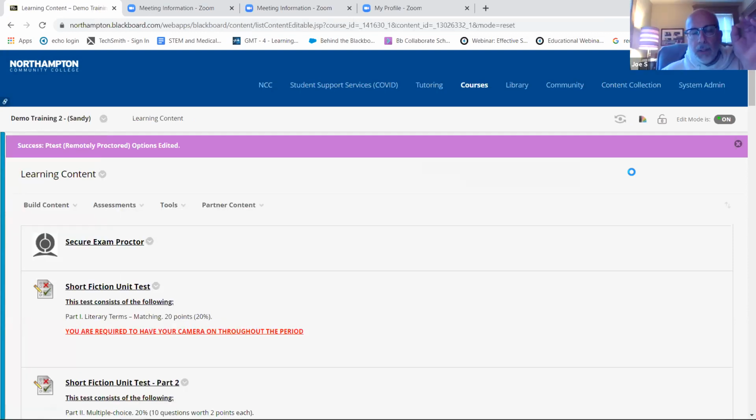Well, keep in mind, the Proctorio settings are sort of like a shell or an overlay, whether you're doing it through a Blackboard exam or you end up using the Blackboard exam as a springboard to the exam in another platform. So whatever settings you have on that exam in ALEKS are going to be applied to that exam in ALEKS, for sure. But everything proctoring-wise is happening through Proctorio on the Blackboard test options for the Blackboard exam, which is only one question. Okay. Rather interesting. Thank you. You're welcome.